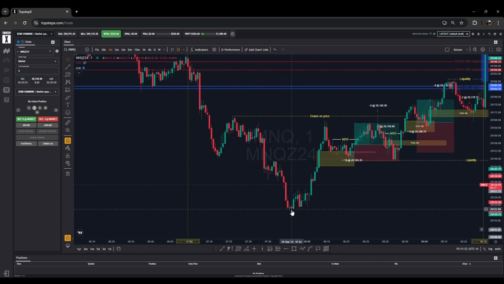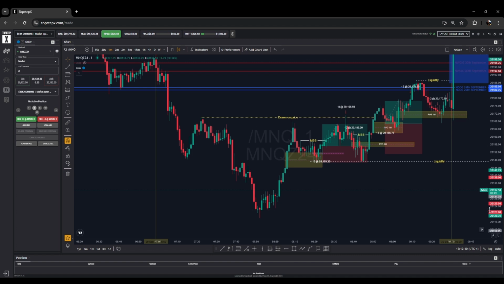So then I saw price trade down, and then when I saw price trade up and take out this high and not take out this high, I saw, before this, these relative equal lows here. So I marked out these relative equal lows, and then I saw price moving away from them. I was looking for a reversal pattern to come take out these lows, but I didn't get that. Price pushed up, then started pushing down and ranging here. So that is when I marked out these relative equal highs.